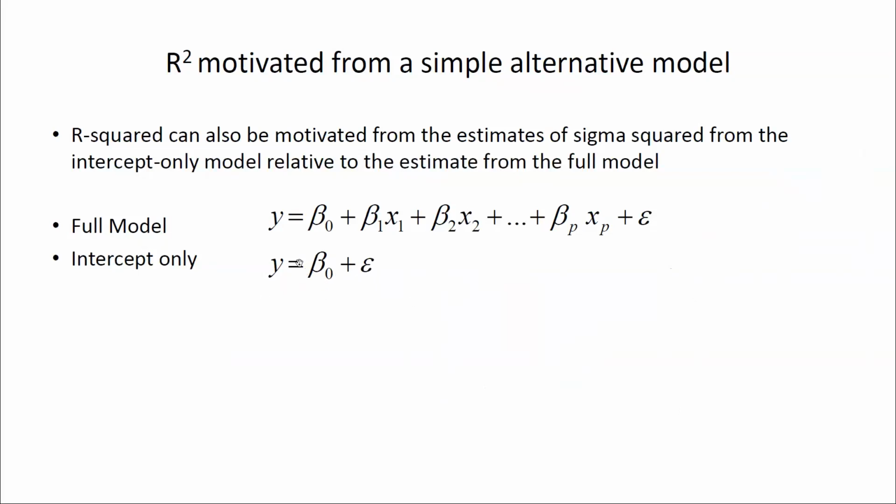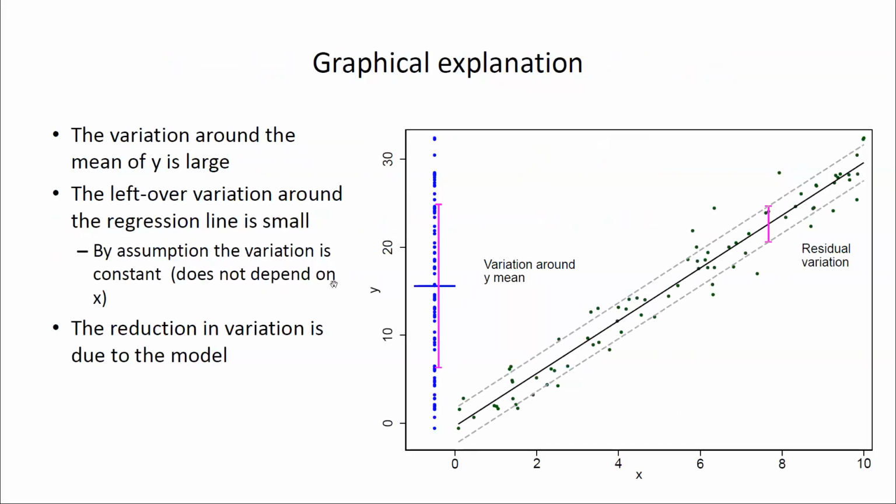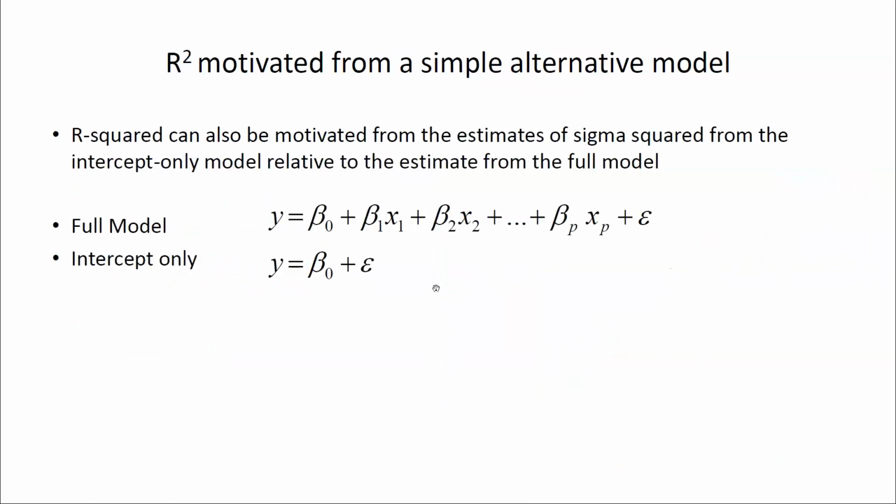So this intercept-only model actually also corresponds to the graph on the last slide. I'm going to go back one. See, this is the graph corresponding to the intercept-only model. The intercept is estimated with y bar, which is this value. We don't have an x value, so we don't vary to the left and right. It's just one level here. And this is the variation over the estimate of beta 0, where beta 0 is the average here. Okay,